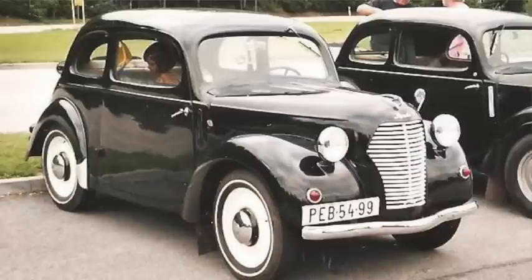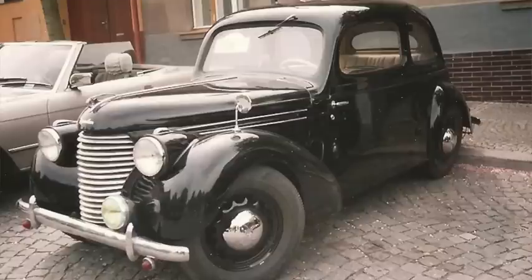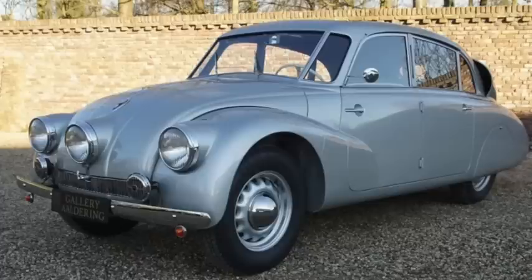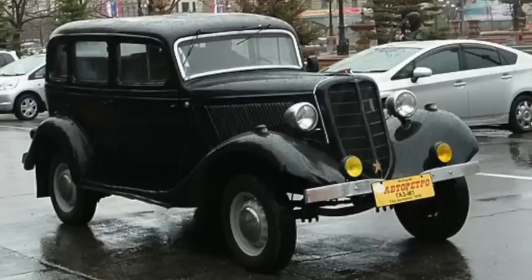From Czechoslovakia, the Skoda Popular was on an 87-inch wheelbase and weighed 2,000 pounds. Priced under 300 pounds, power came from either a 1,000 or 1,100 cc 4 with 22 to 32 horsepower, while the rear-engine Tatra 87, or T87, cost 25,000 Swiss francs in 1941. One of the early Streamliners, it had a 112-inch wheelbase, weighed 3,000 pounds, and was pushed along by an 85 horsepower 3-liter V8. The Soviet Gaz M1 was based on the 34 Ford, and in 1940 started using a Dodge